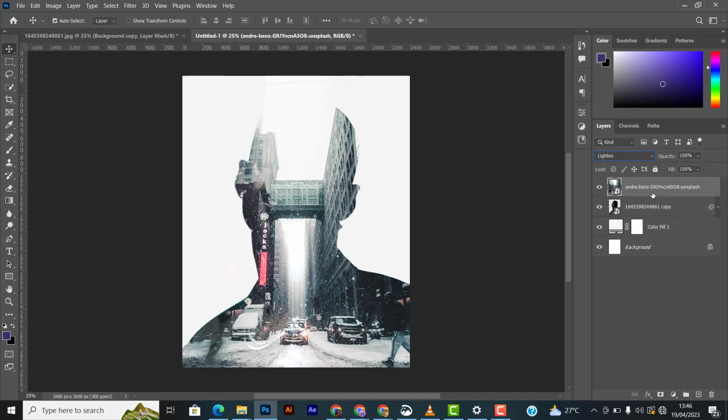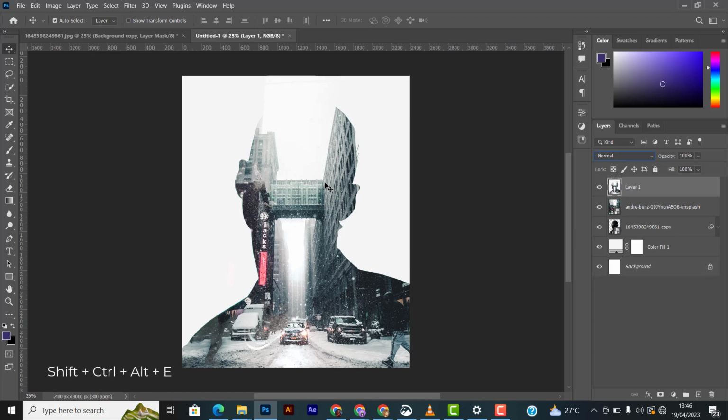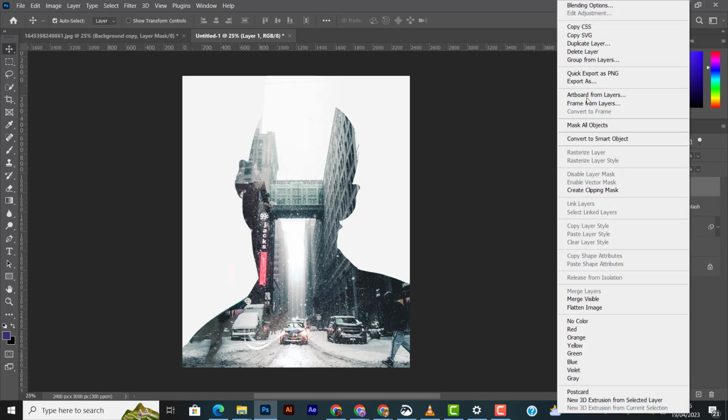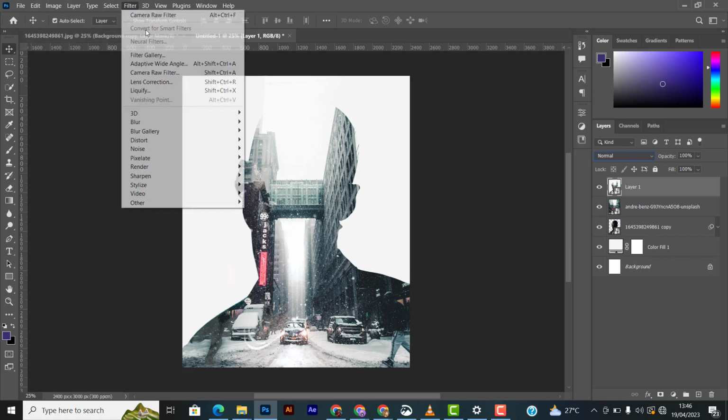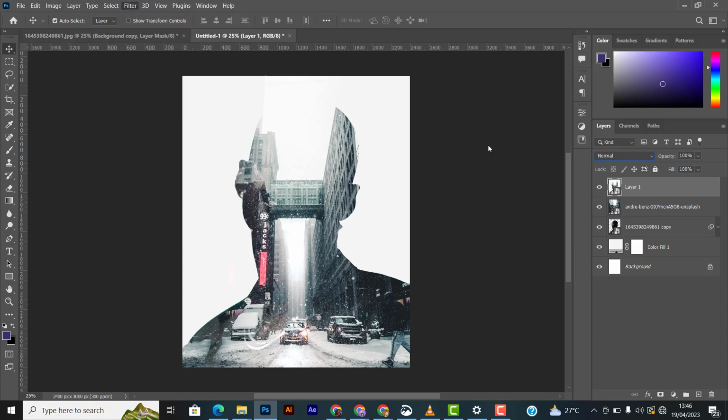I just want to add some contrast, some little effects to make it a little bit balanced. So I'll press Shift Control Alt E to create a flattened layer for this, then let's convert it to a smart object. So whatever I do, I can easily adjust. Then